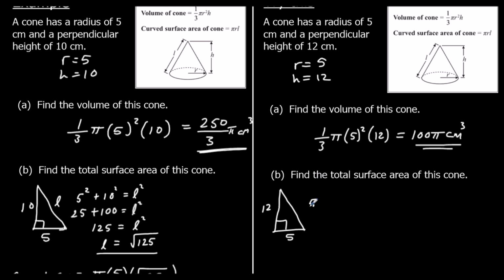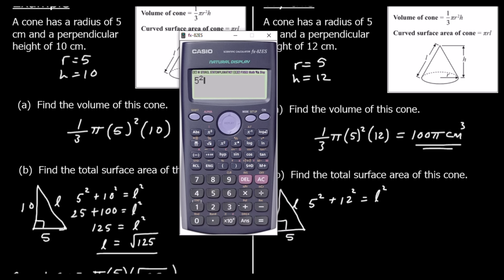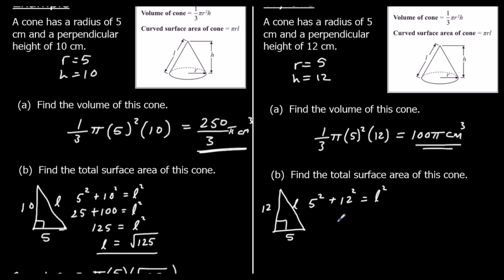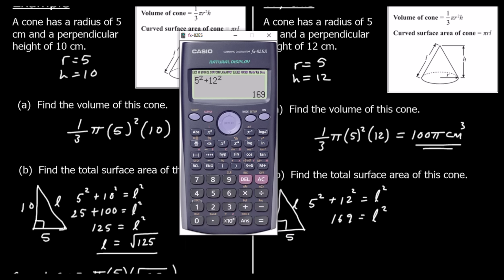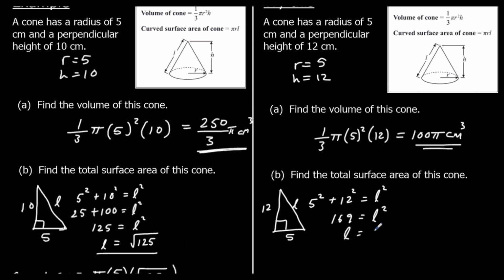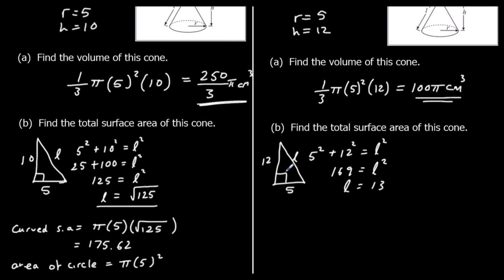So 5 squared plus 12 squared is going to equal L squared. 5 squared plus 12 squared is 169. So L is going to be square root 169, which is 13. So L is 13. So the curved surface area is pi times R times L,